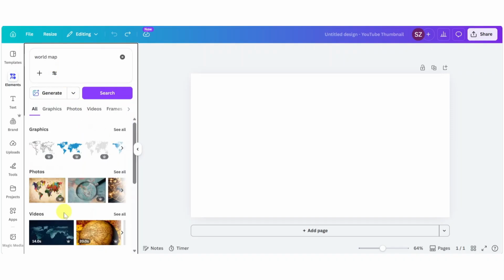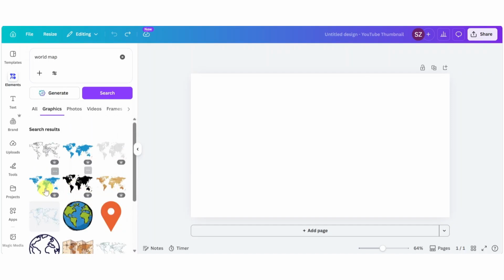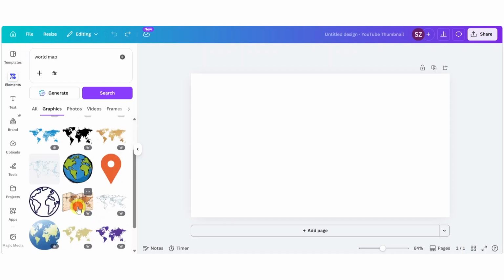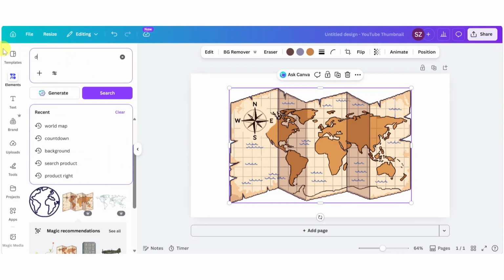Then you'll be able to see photos, graphics, etc. So let's go to graphics and select any map. So let's go with this one. You can see it's an illustration, but I wish to create a dotted line from one area to another on this one. So in order to add that, you gotta search for dotted line over here, press enter, and you'll